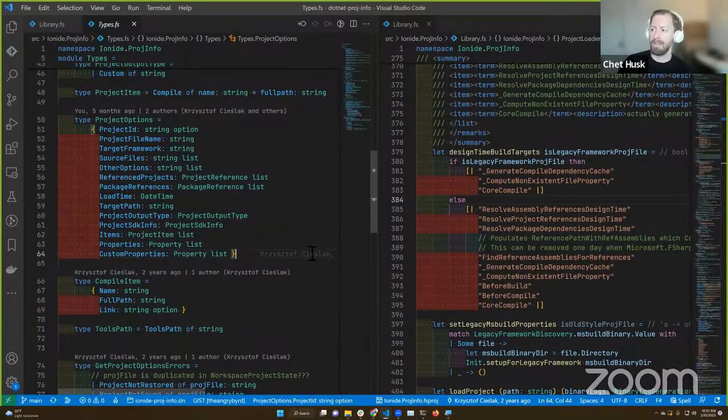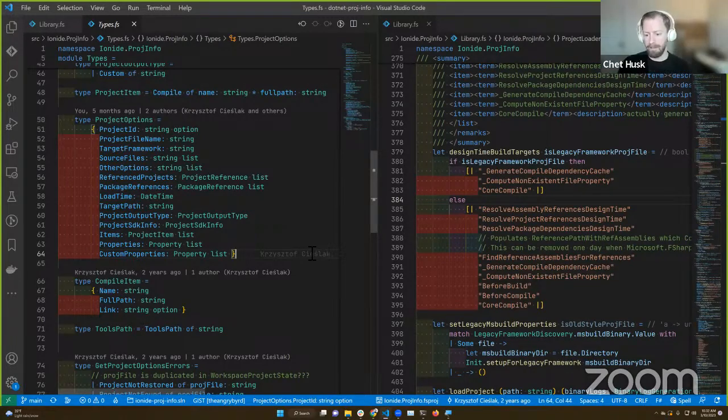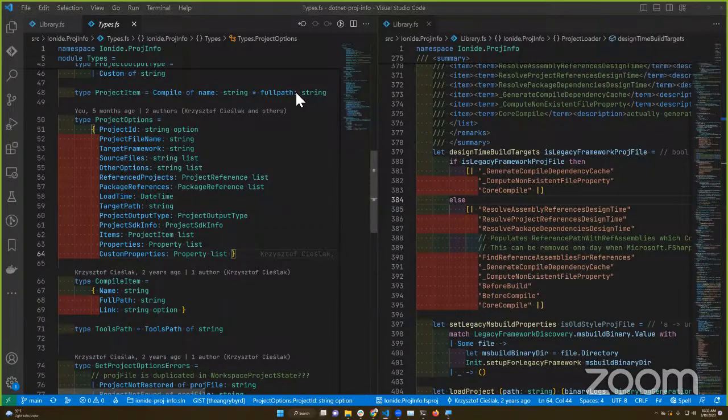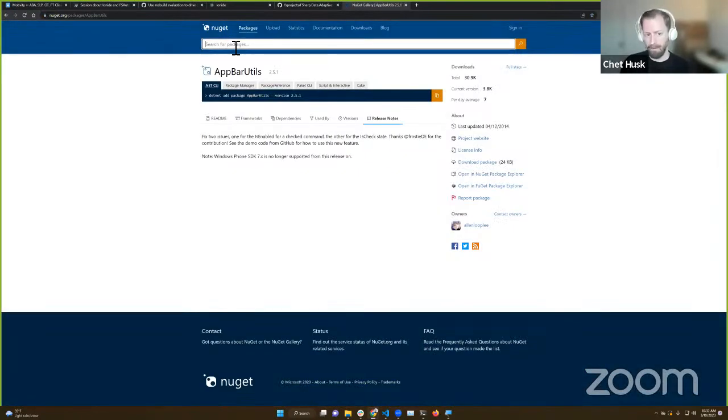Ionide Projinfo mainly uses the MS Build libraries, the API surface that you can get off of NuGet right now. So you can go load the Microsoft.build packages from NuGet.org right now and do your own evaluations. There is a caveat to that, though.